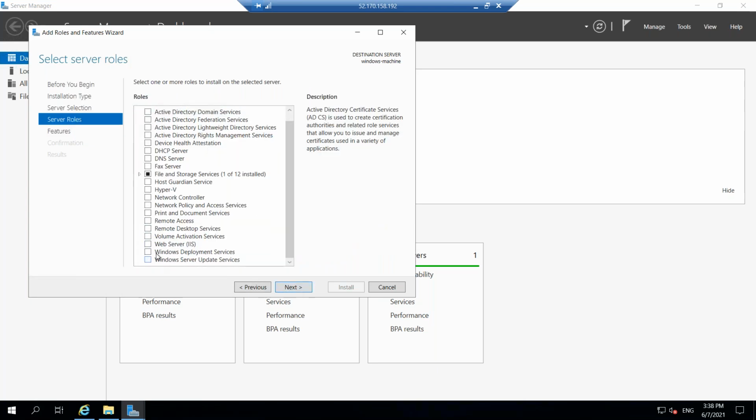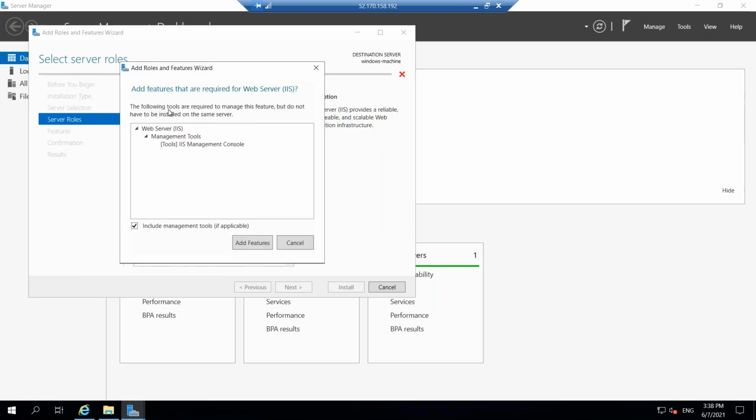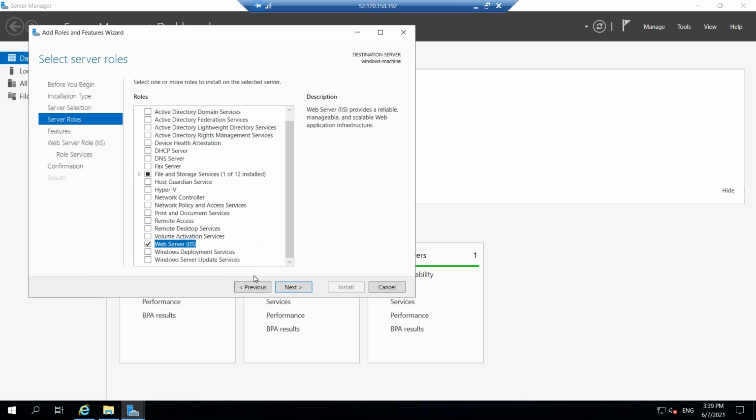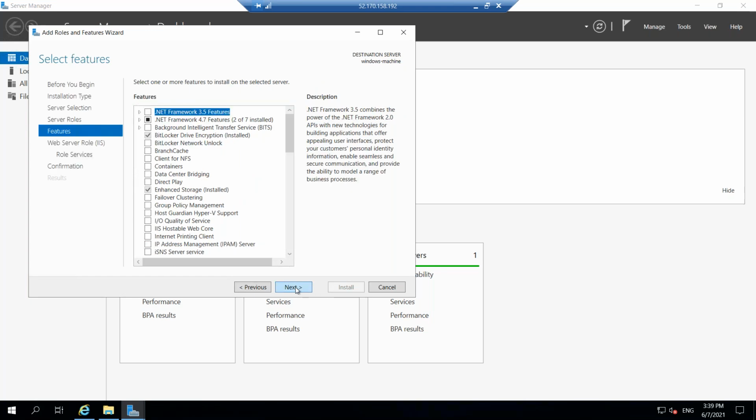Okay, here, IIS. When I selected this one, it is asking me that these components will be installed. I am adding these features. Now I have selected this one and clicked on next.